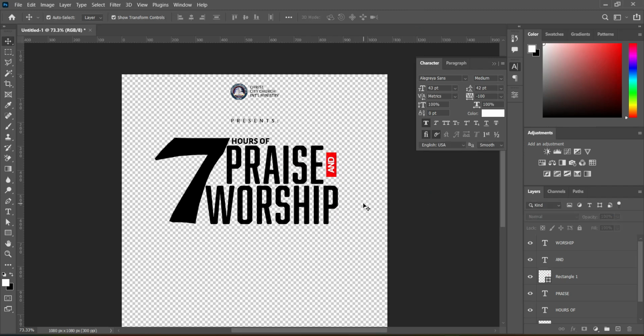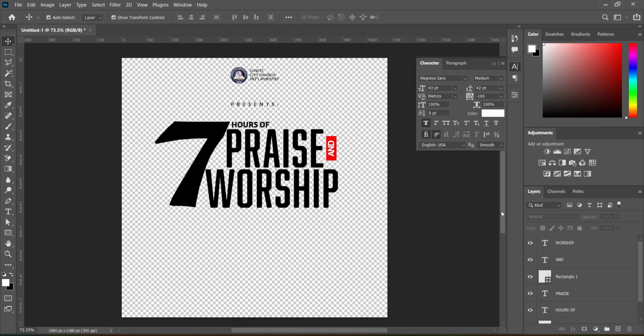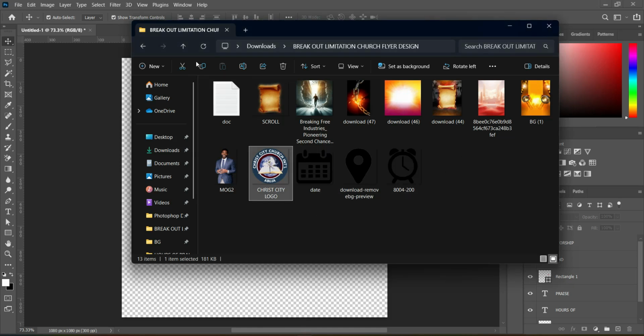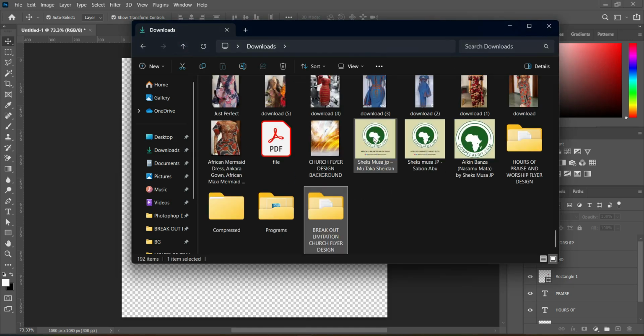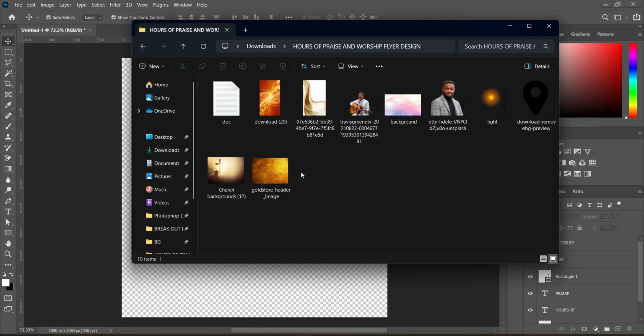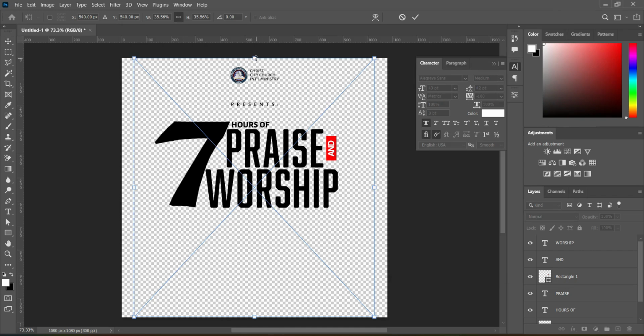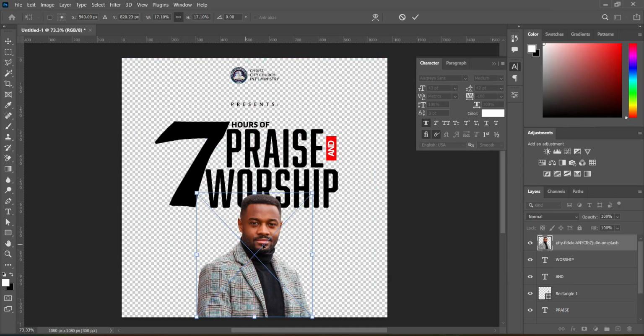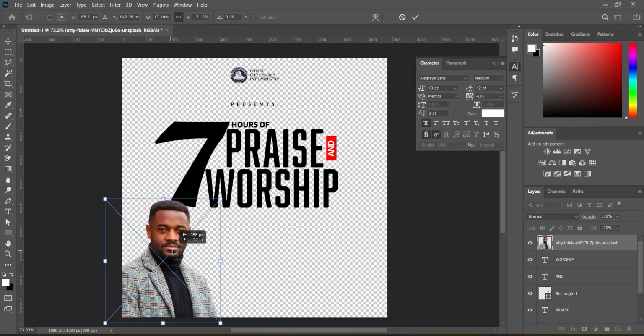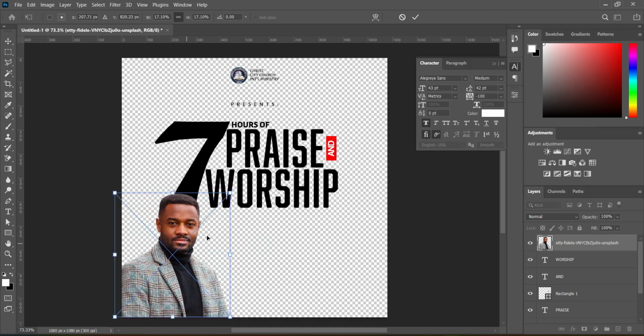All right, so having done this one, then the next one we are going to do now, we are going to bring the image. So these are the images I'm going to use in this tutorial. So the first, I'm going to import this image and reduce the size like this